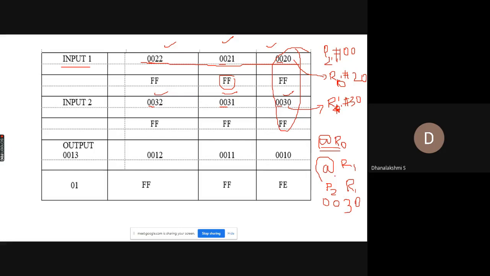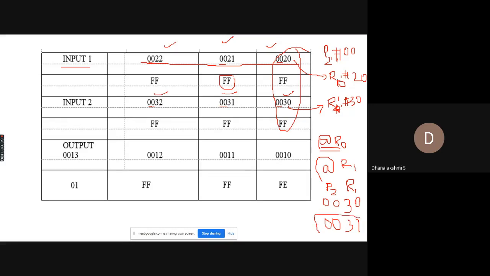After completing this iteration, you just increment your R1 so that R1 becomes 31. So 30 becomes 31. After you increment your R1, if you use @R1, your P2 is 00 and R1 has been incremented, so R1 will be updated with 31.